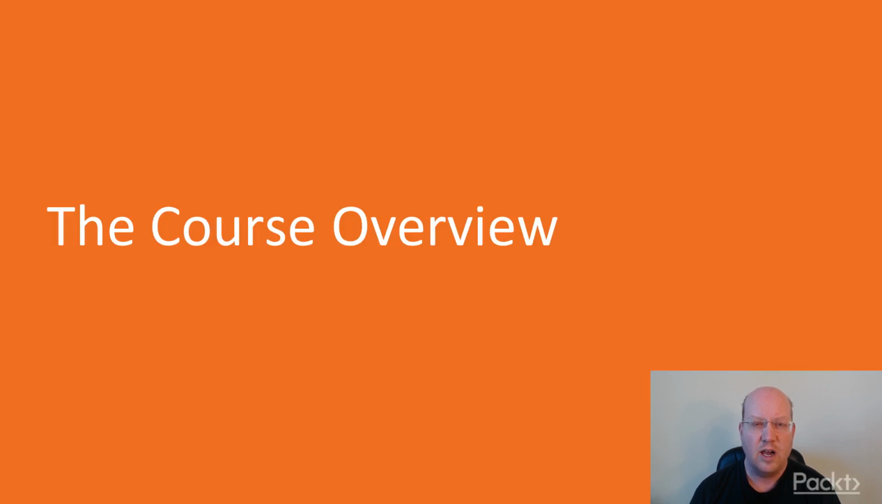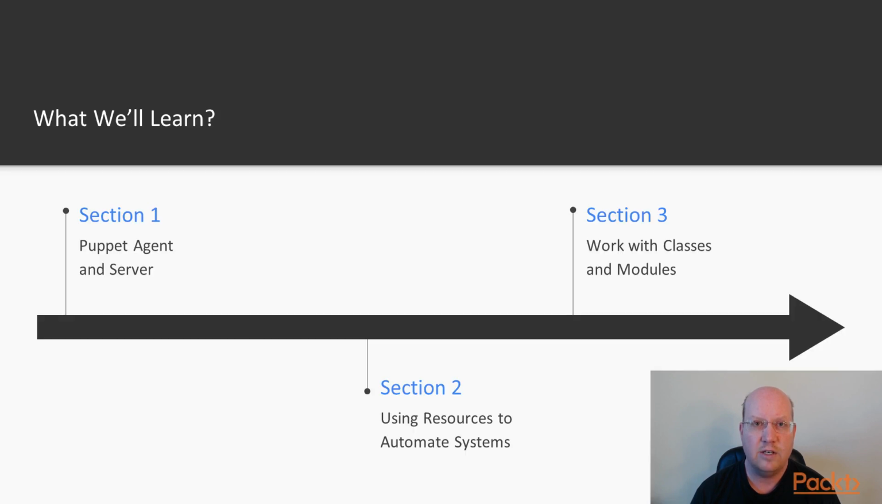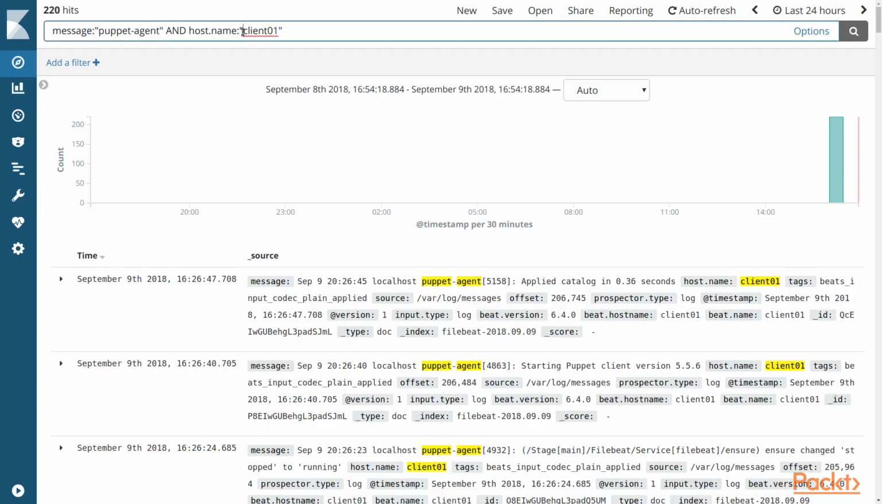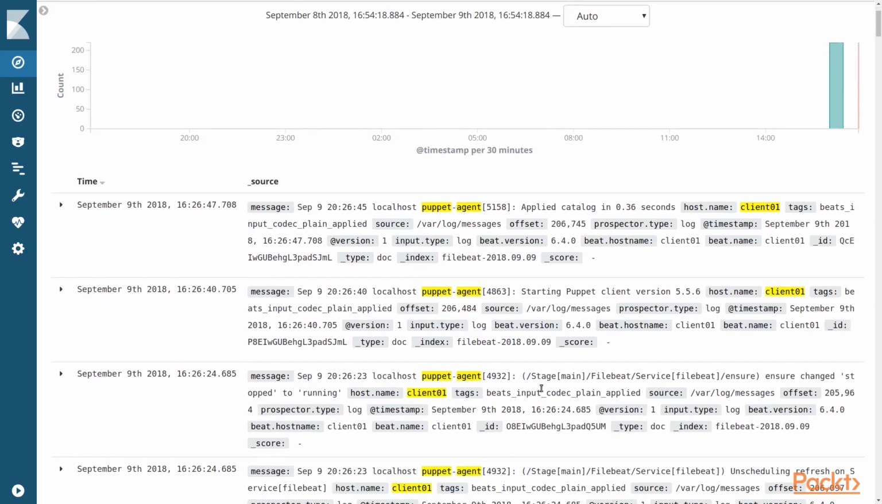For this video course, Automating IT Infrastructure with Puppet 5 will give you everything you need to install, configure, and then get started using Puppet on your own projects. The course is divided into 6 sections. Section 1, Puppet Agent and Server, will look at installing and configuring Puppet, and we'll look at getting started and how